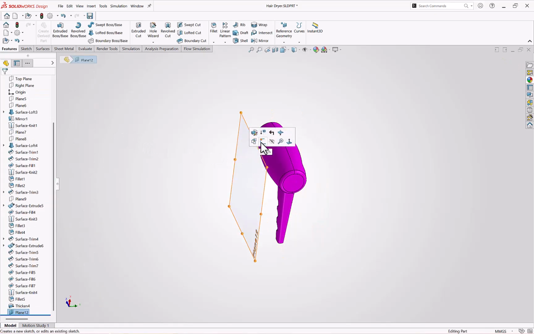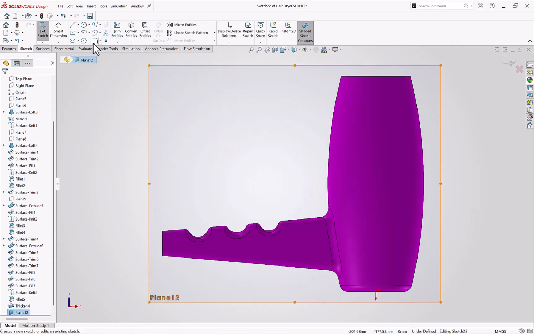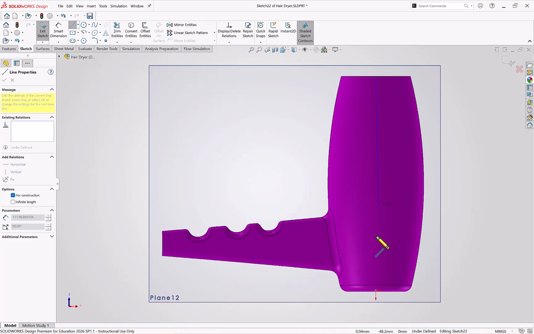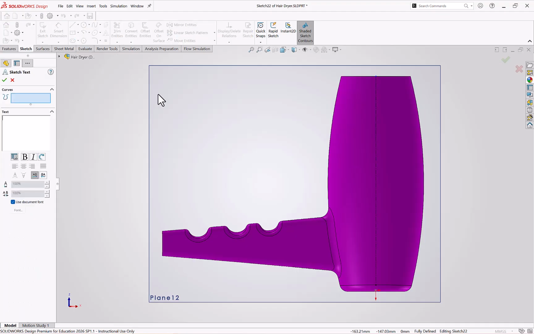Now we'll select this plane, sketch on it, press Ctrl 8 to change the side. Now here, I'll take center line. We'll draw one center line. Now we'll go to text command. We'll select the center line and we'll write the text CAD Engineering,